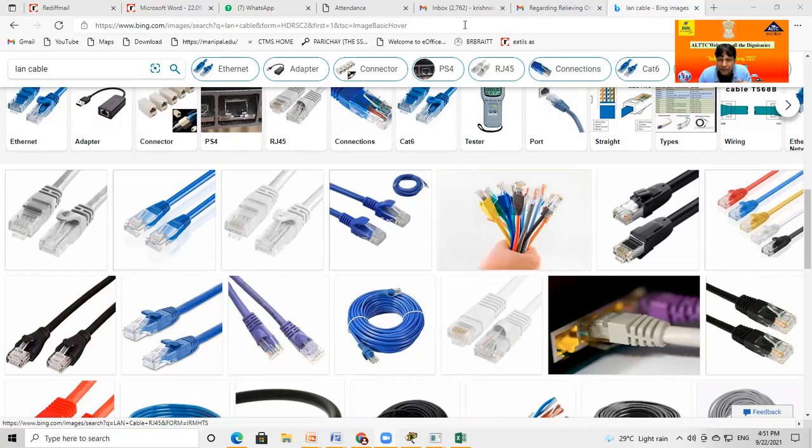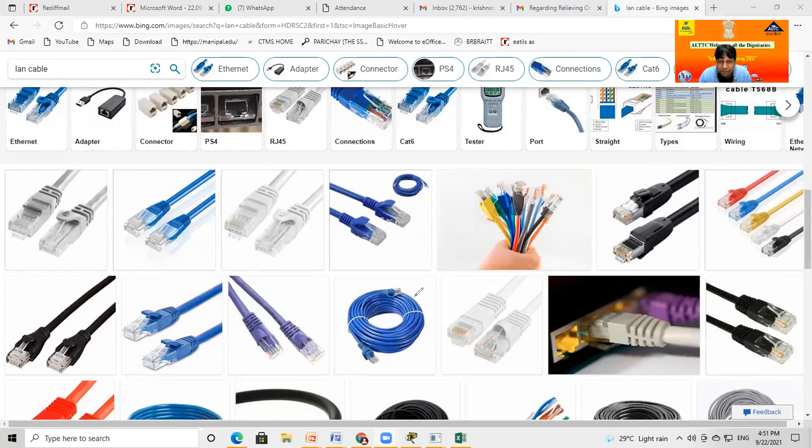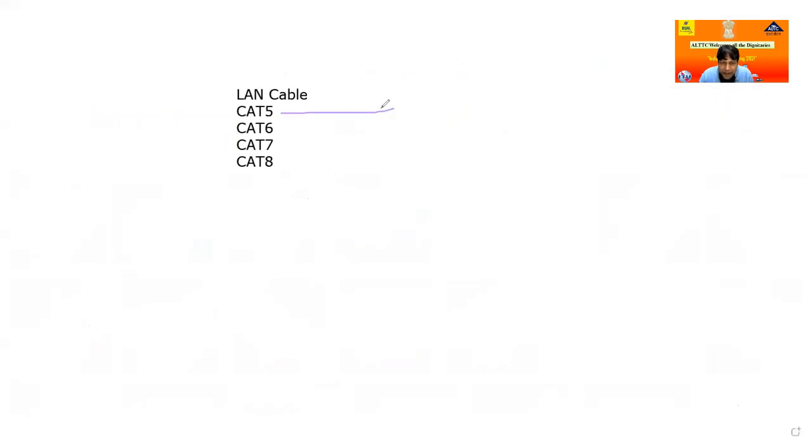Next, look-wise all cables are the same, with the same purpose and the same location. You can use them all here. Either Cat 5, Cat 6, or Cat 7, it doesn't matter. How many wires does each cable have? All cables have 8 wires. So I will just write here: 8 wires.